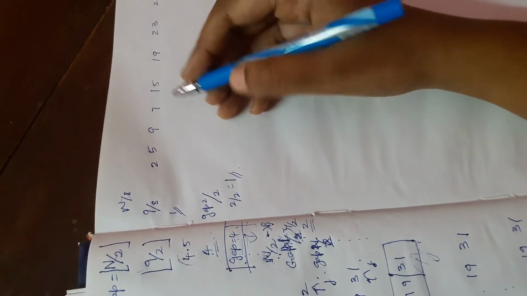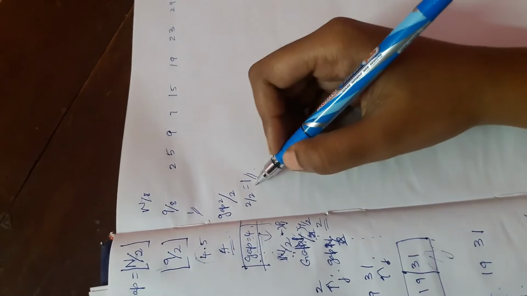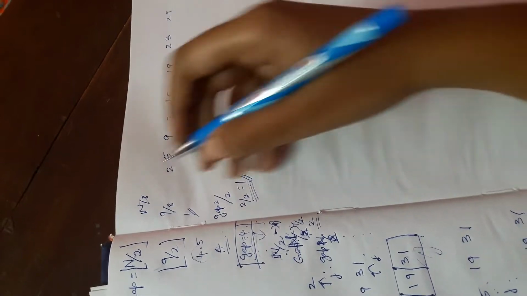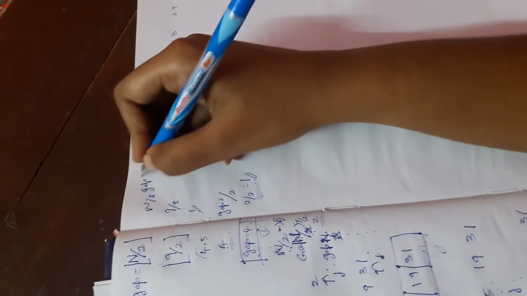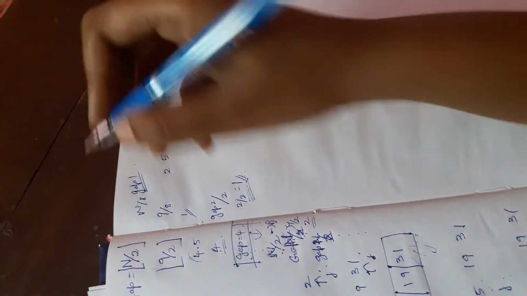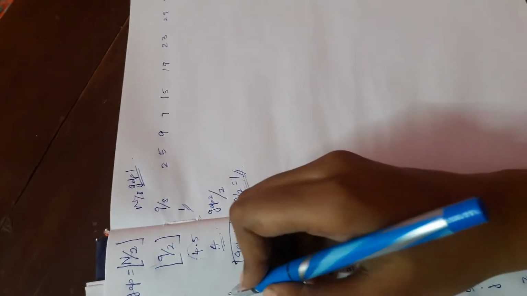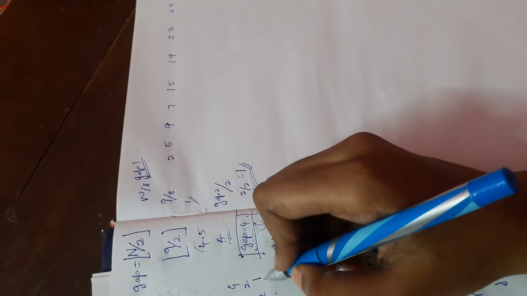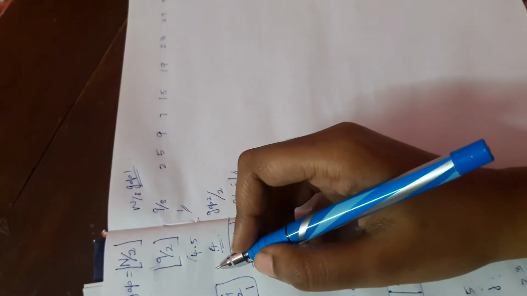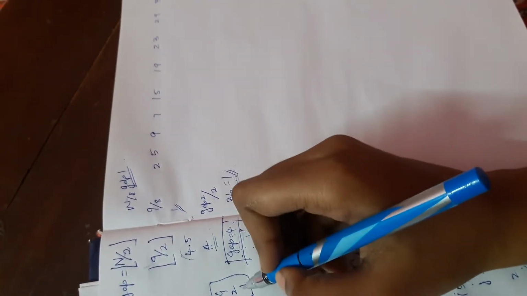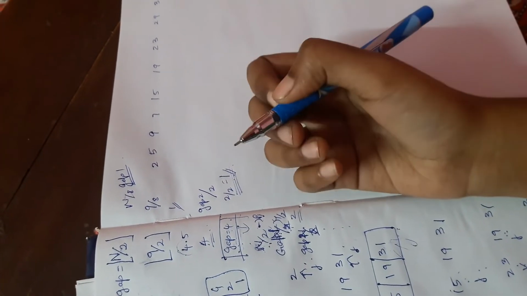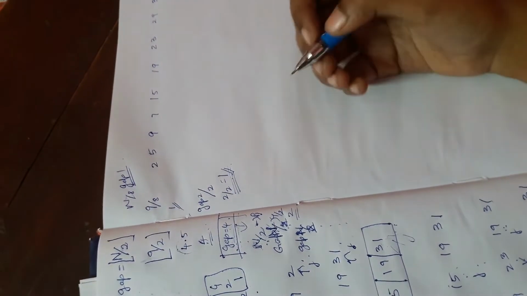Okay, so now I am going to check the condition as gap is equal to 1. So you are seeing that the gap for the first pass is 4, the gap for the second pass is 2, and the gap for the third pass is 1. As I said, when it reaches the point where gap is equal to 1, you are going to do the shifting as in insertion sort.